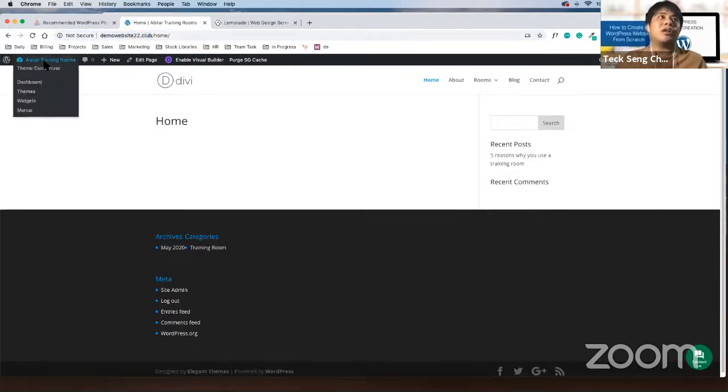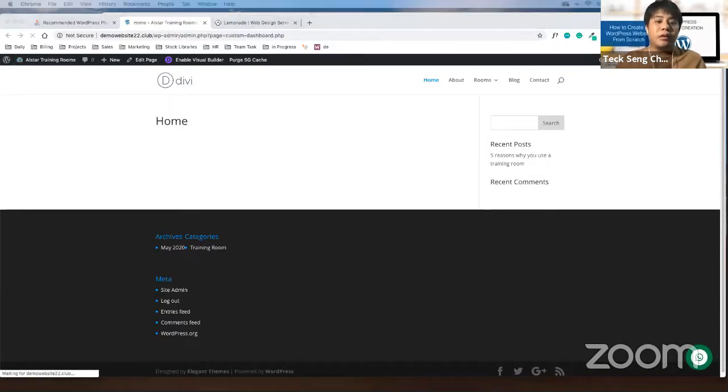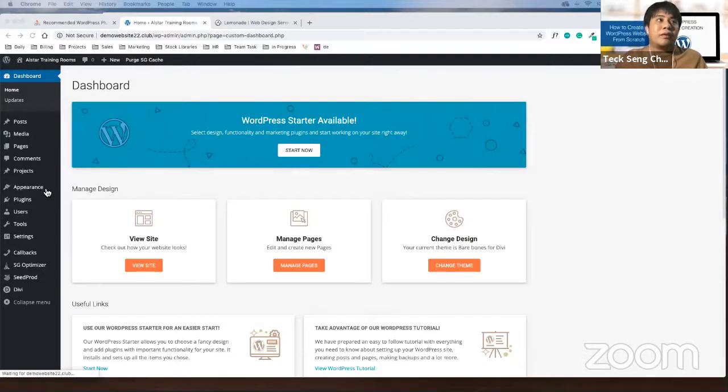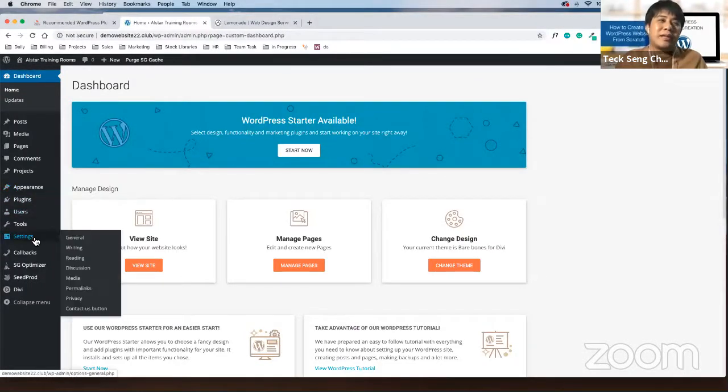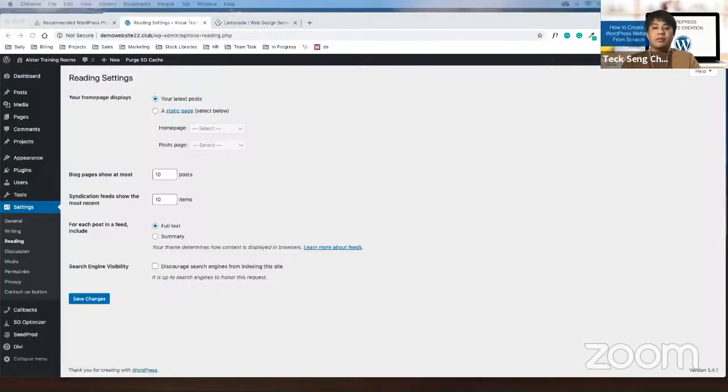What you need to do is go under back end, go under appearance, go under settings, go under reading. Back end, settings, reading. On this part, it says your home page displays.